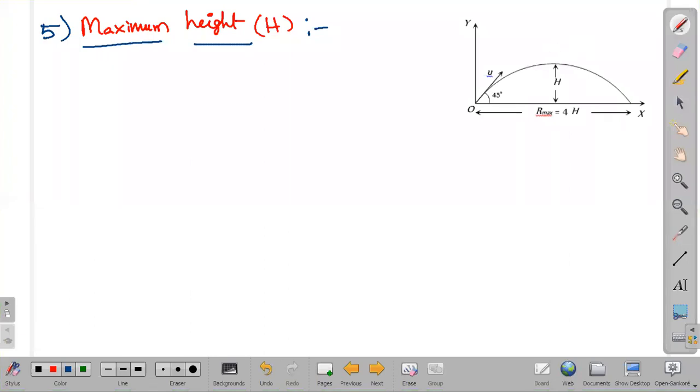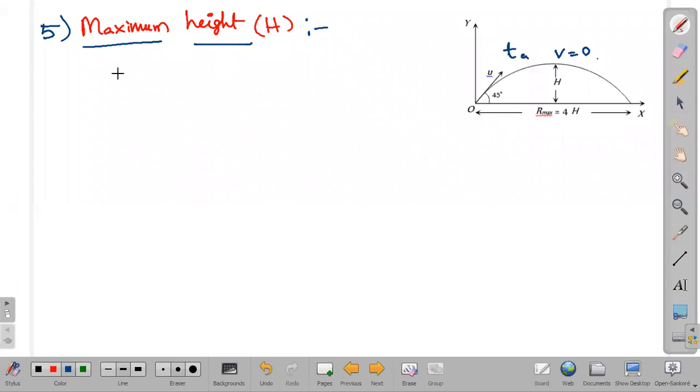Now, already we have done one thing here. At maximum height, we know that its final velocity is 0. Since its final velocity is 0, that's why it is coming downwards. If it still had velocity, there is a chance of going still further up, right? So at the maximum extreme point, its final velocity is 0. At the starting point, its initial velocity is u, and finally its velocity at this point is 0. Now what is the time taken from here to here? Already we have done it. Time of ascent I have done when calculating time of flight.